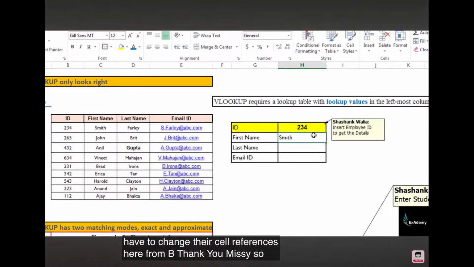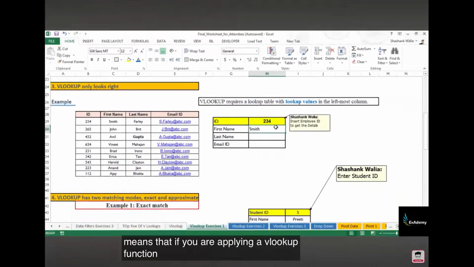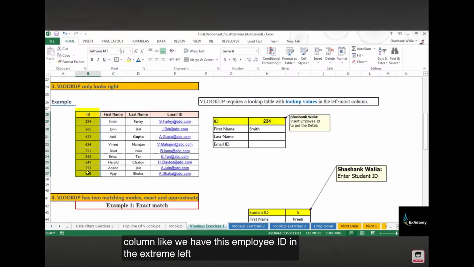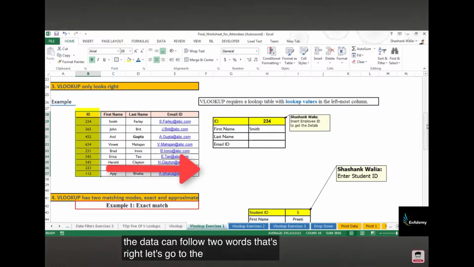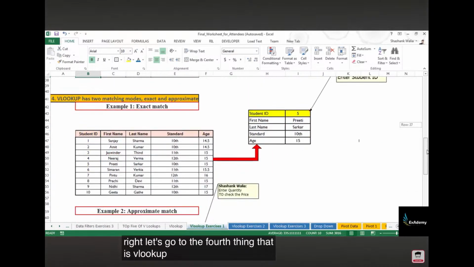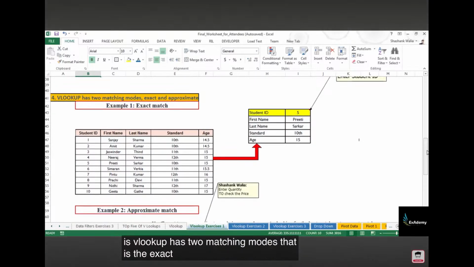Now you will see. So which means that if you are applying a VLOOKUP function to your data, make sure that your lookup value is in the extreme left column. Like we have this employee ID in the extreme left column and the rest of the data can follow towards its right. Now let's move to the fourth thing, that is VLOOKUP has 2 matching modes, that is exact and